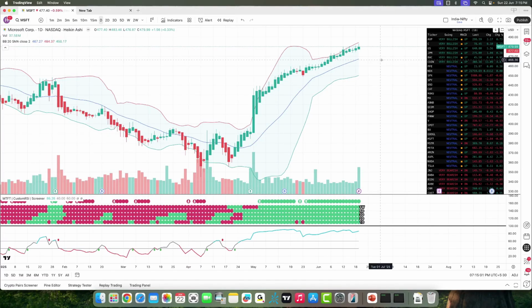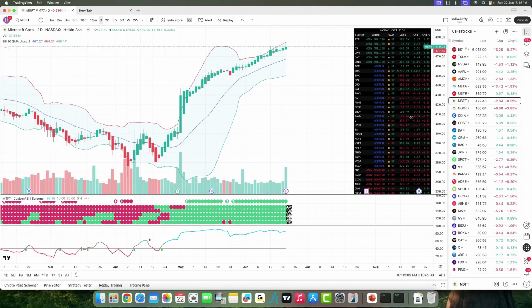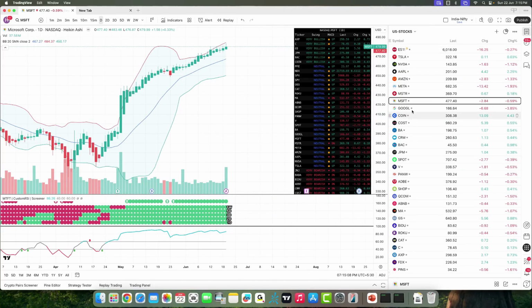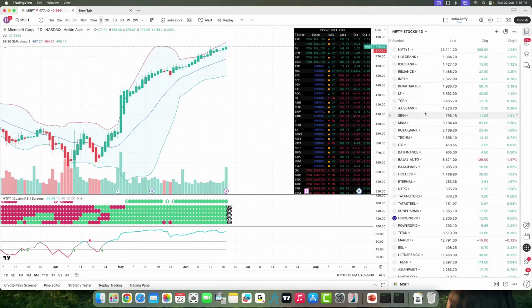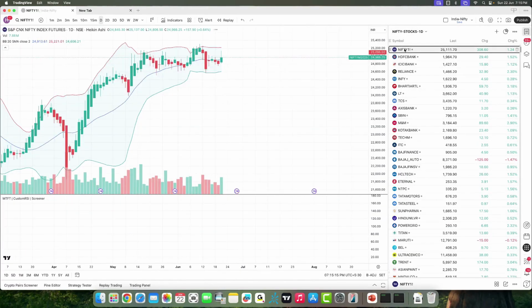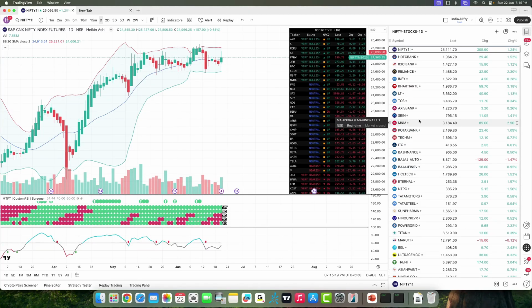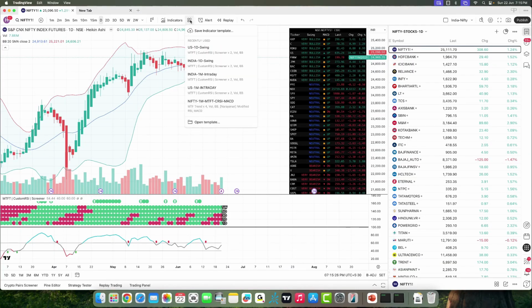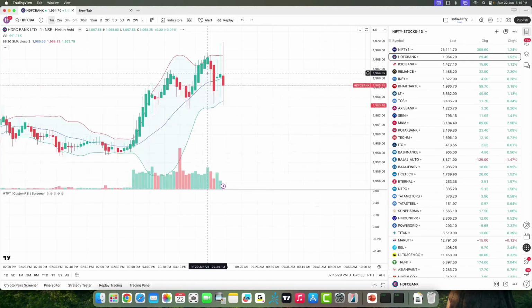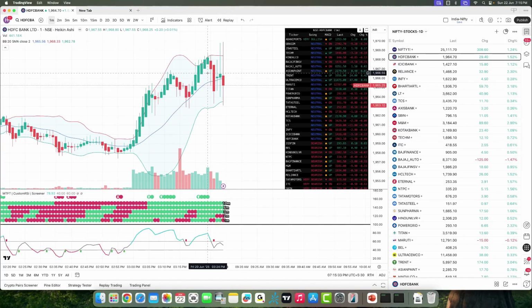Like I said, I do trade both the Indian market and the US market. So what I have here, I have a US stocks watch list over here, and then I have an India stocks one as well. And what I can do is change this, and there we go. We have a bunch of Indian stocks as well, and you can also customize these indicators. So what I'll do is, in fact, I have done that. Let me do India one. This is just to give you an example that you can have multi-trading,